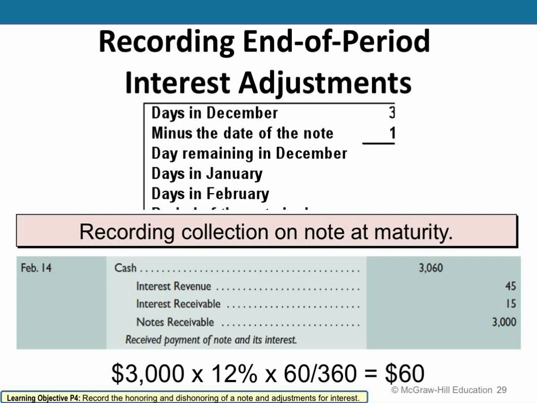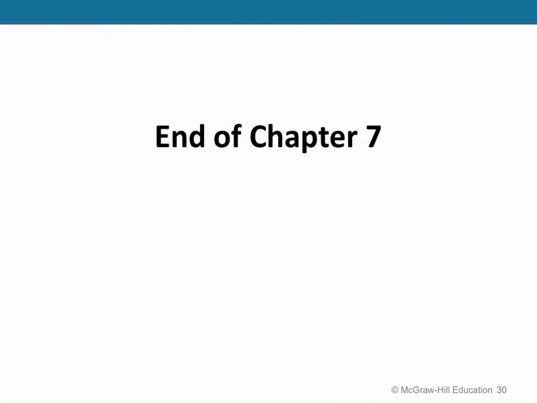So in this example, $3,060 is the total cash received as a debit. $3,000 is going to be credited to note receivable, so getting that off our balance sheet. $15 is going to be to the interest receivable to get that off the balance sheet, and then $45 is the interest revenue earned over that span of time. So this would be our transaction for the collection at maturity. And that's going to conclude chapter